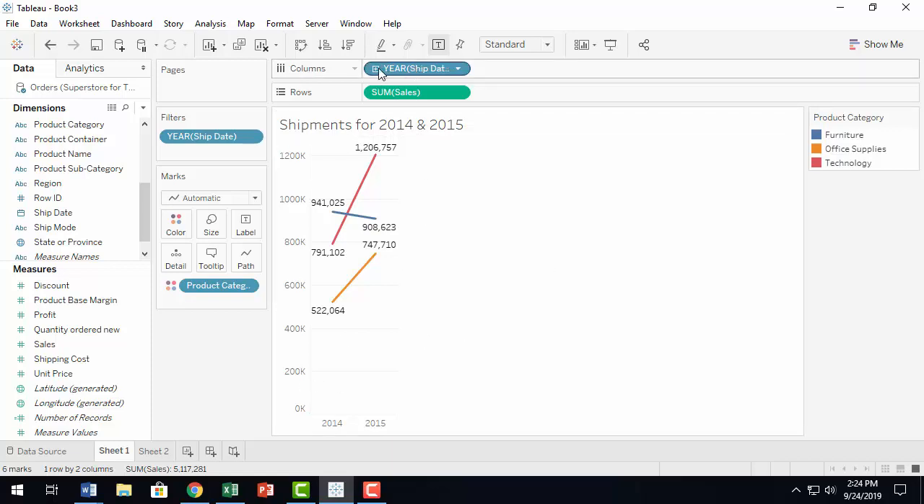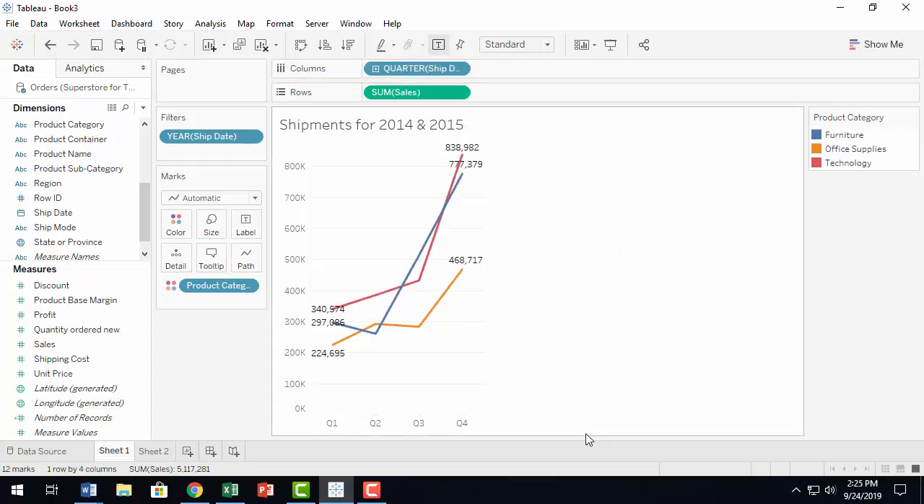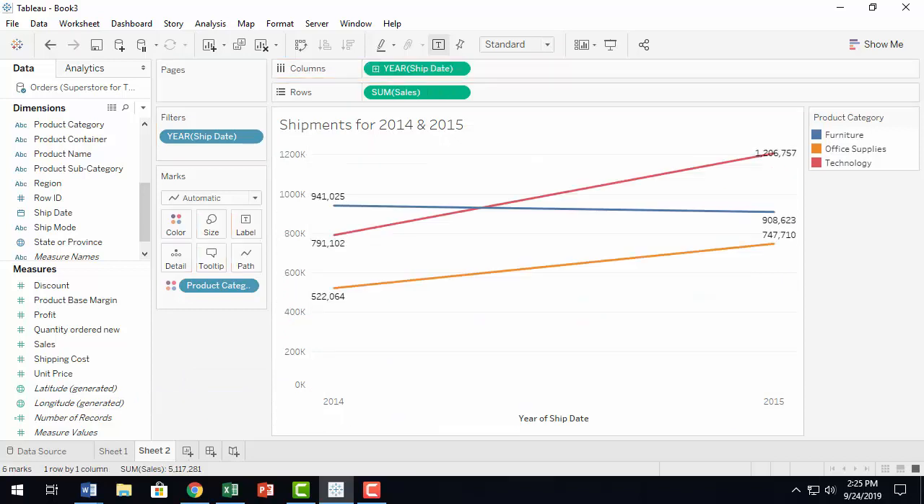are plotted. And if you expand it to quarter, then we have 8 buckets. We have quarter 1 through quarter 4 of 2014 and quarter 1 through quarter 4 of 2015. Now, if you remove the year from here, then you have only 4 buckets irrespective of year. So quarter 1 bucket, quarter 2 bucket, quarter 3 bucket. Right, so let me put it back to where it was. Whereas here, let's take that off. So now, when you